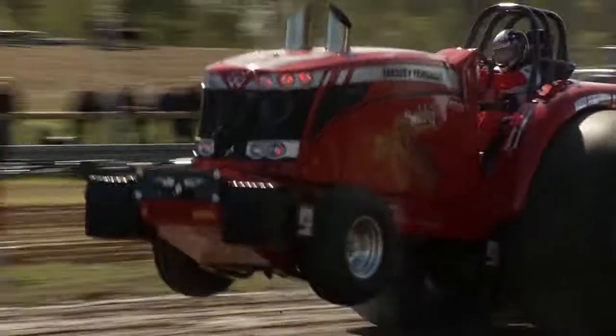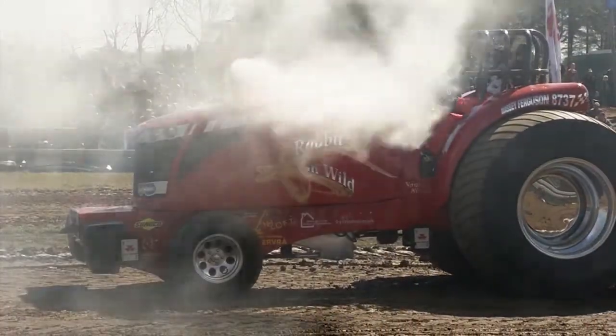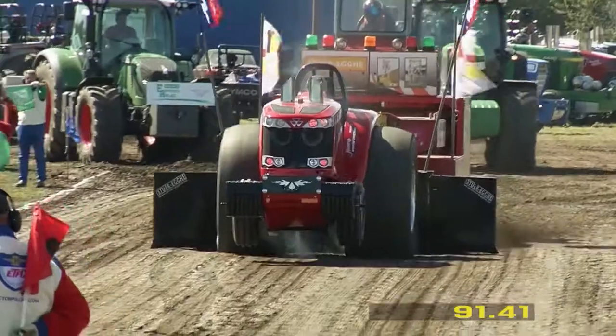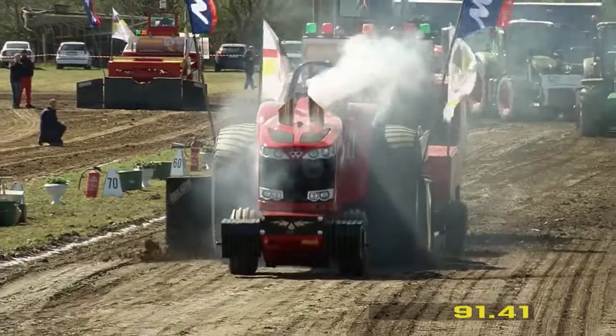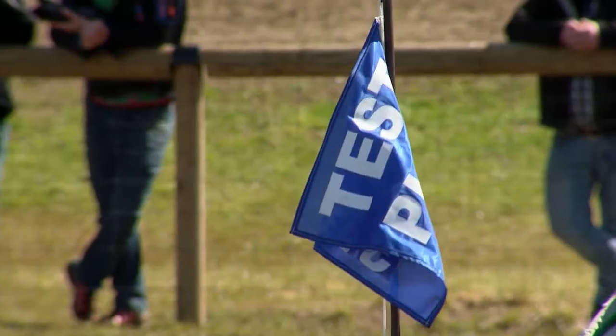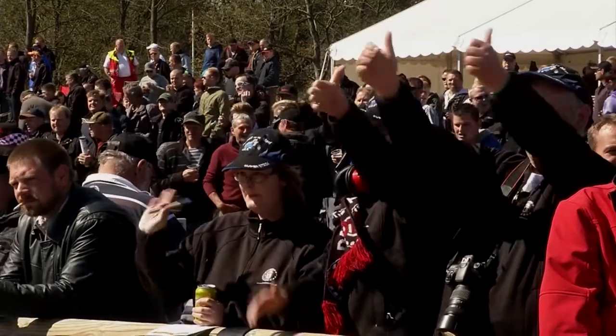Run from Ilse. I think there may have been a little problem at the end of the run there. We just look on the replay. Yeah, tractor dropping there. Test run 91.41, still on the test pull setup, so she will have to come back